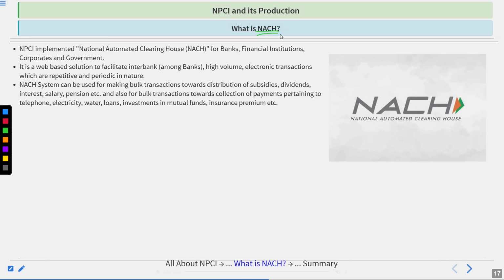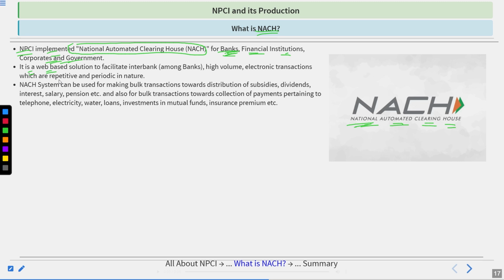Now, what is NACH? National Automated Clearing House. The NPCI implemented the NACH, known as the National Automatic Clearing House for banks, financial institutions, corporates, and government. It is actually a web-based solution to facilitate interbank, high-volume electronic transactions which are repetitive and periodic in nature. NACH system could be used for making bulk transactions towards distribution of subsidies, dividends, interest, salary, pension, etc., and